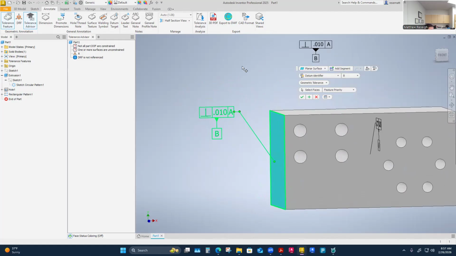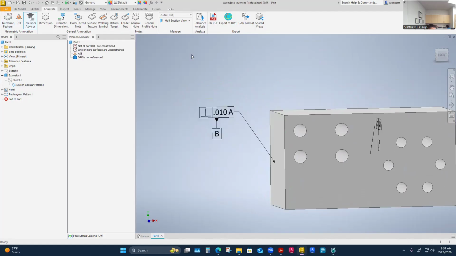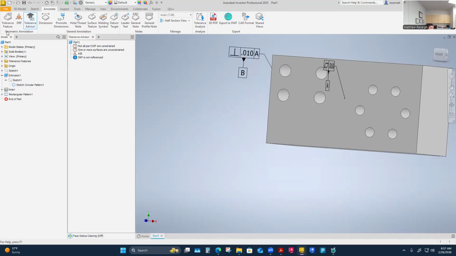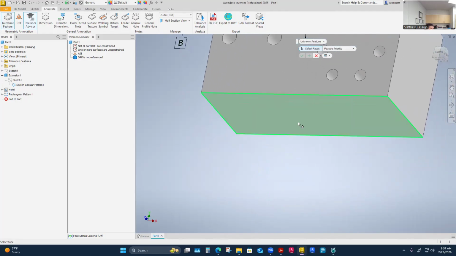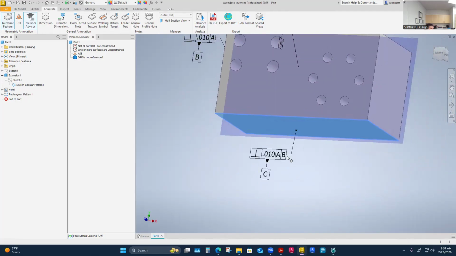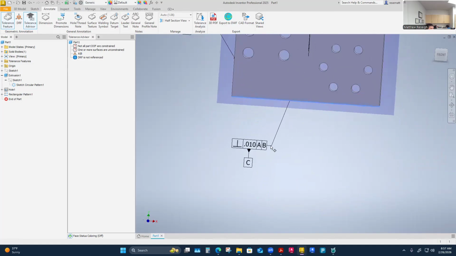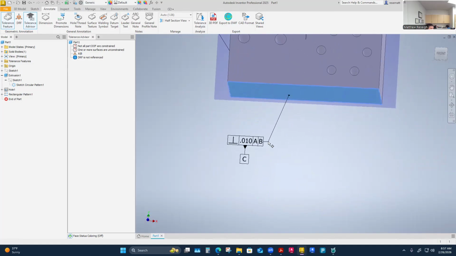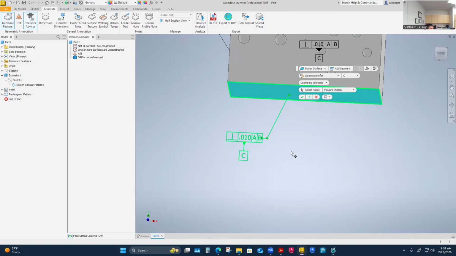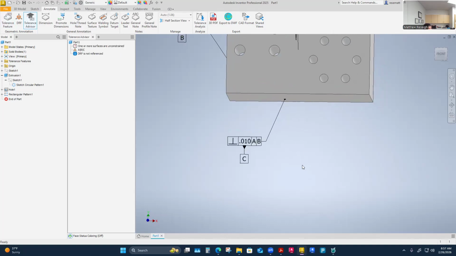Now I have to green check again once I'm done manipulating this. But actually I don't have to manipulate it. It's perpendicular 10 thousandths. I want datum A there. This is datum B. And now naturally C is going to be, if I'm going to hold perpendicularity, it's going to infer that, oh, that's from A and B. So when I go to do that one more time, I probably don't have to change much here either. Just select it as a planar surface. It's going to want to control it perpendicular. And maybe yours isn't defaulting to perpendicular. Mine might be doing that because,